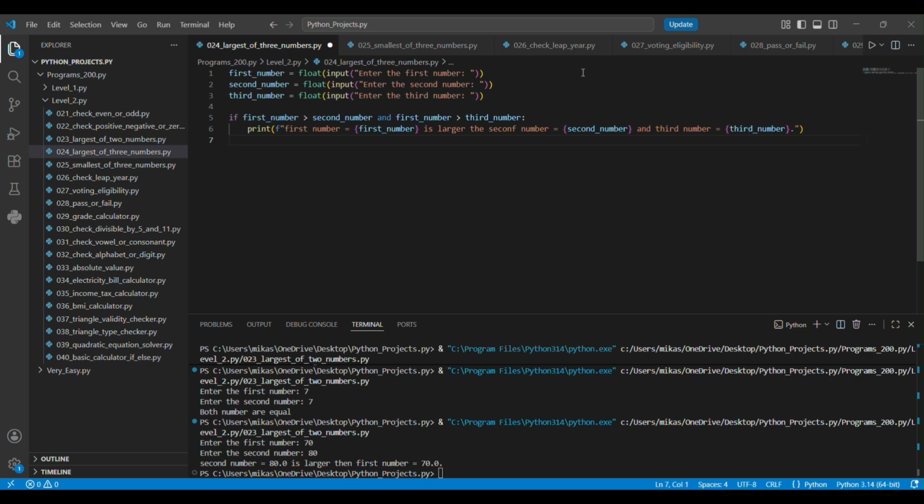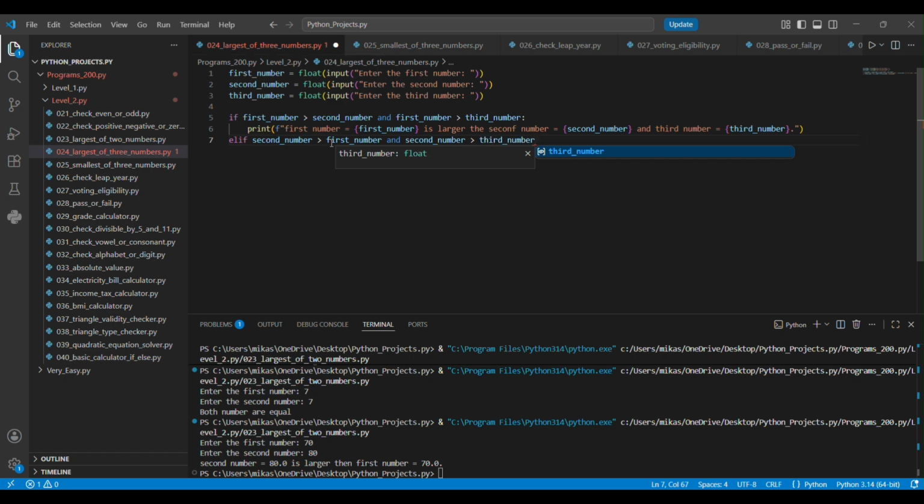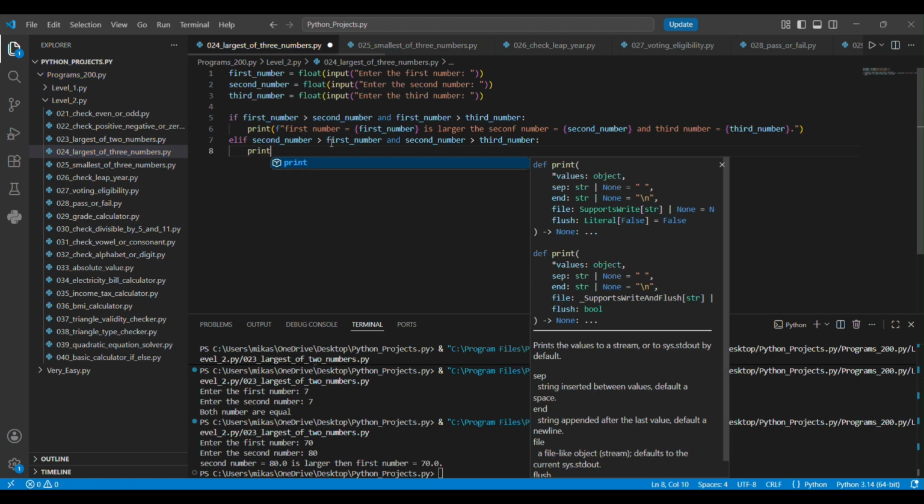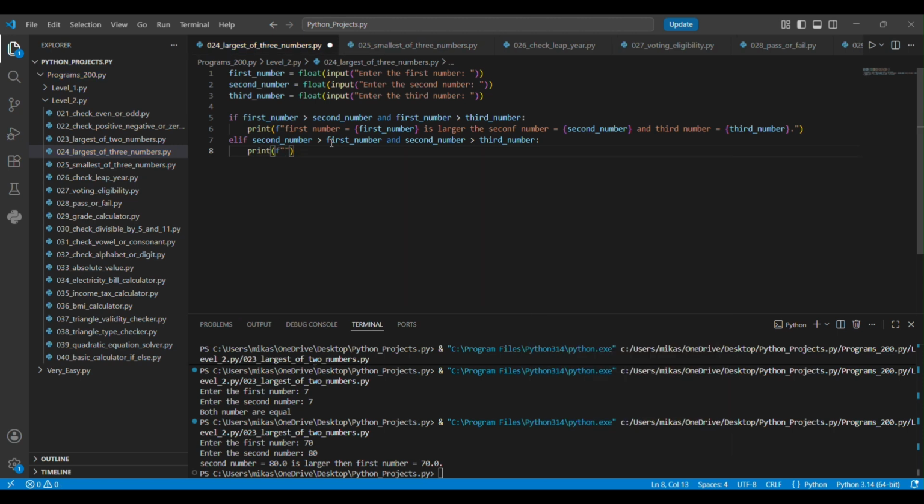And let's make a second elif. Let's say if second number is greater than first number and second_number is greater than third_number, print second number is equal to second_number